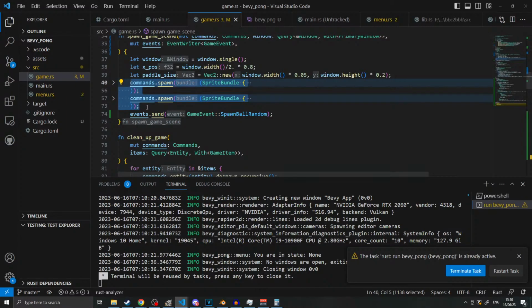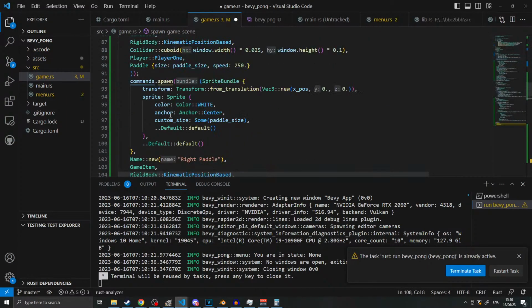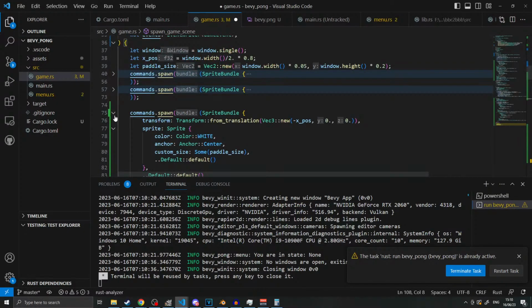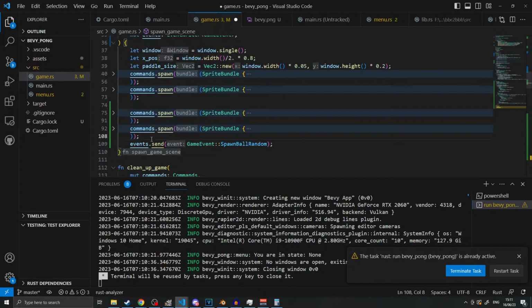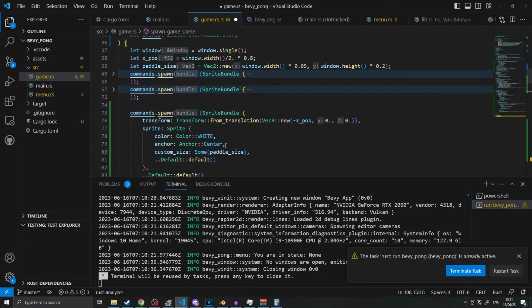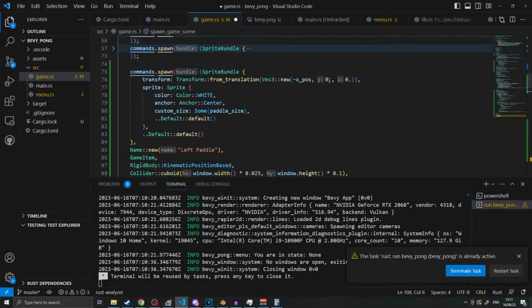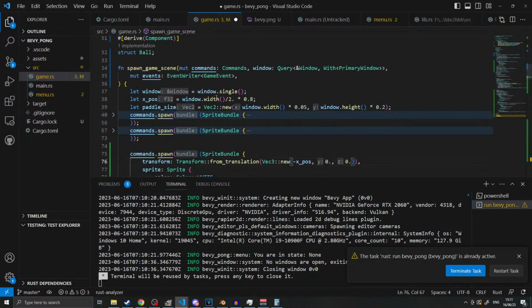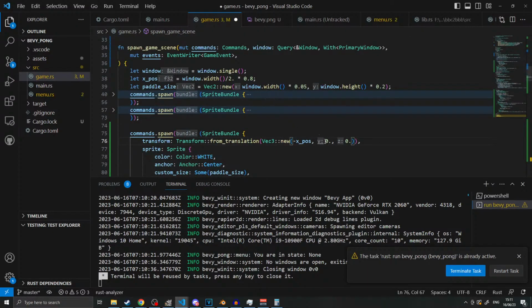You know what I mean? Because I was thinking I could put logic on the ball that's like, oh, if it goes outside of the thing, then reset it. But you don't actually want to do that. What you want to do is